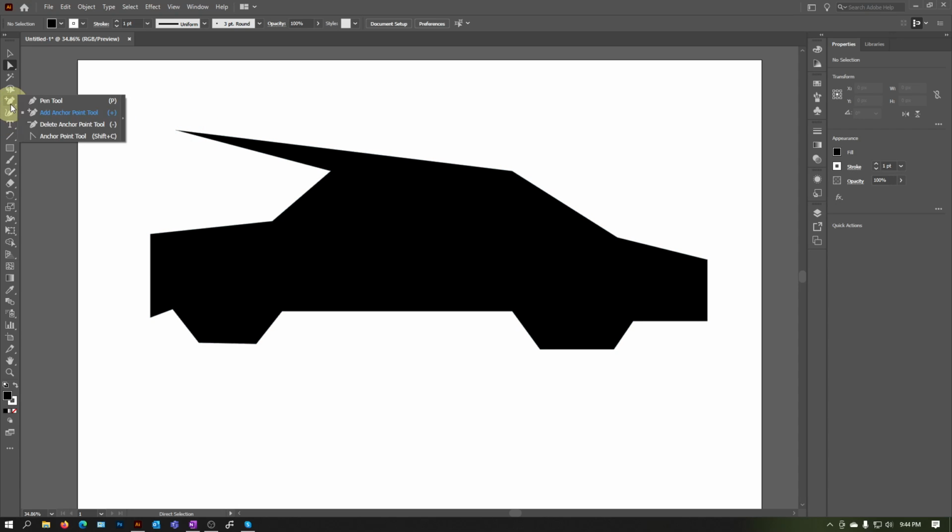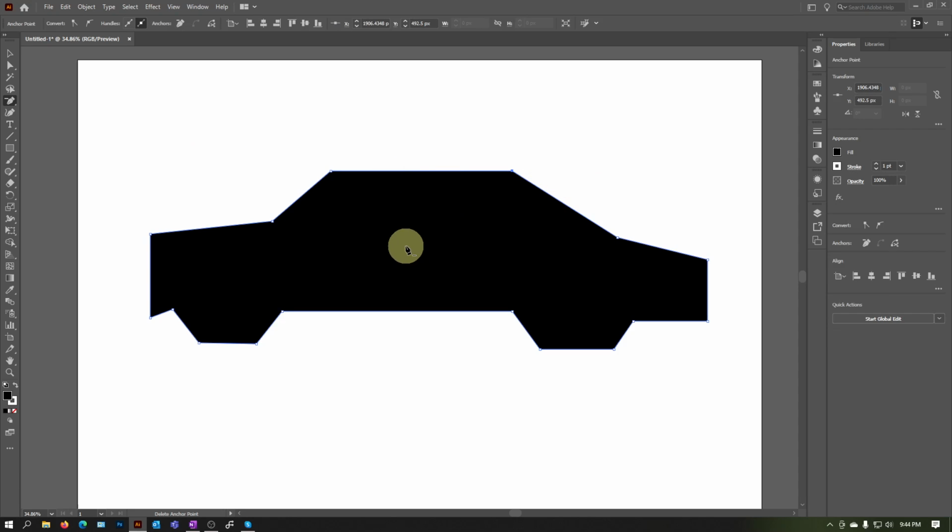Another thing is you can always select the delete anchor point tool, and click an anchor point to delete it. If I click this one, it's going to go back to normal. If I click this one, this and that are going to get connected. So like that. It's looking like a weird car, but